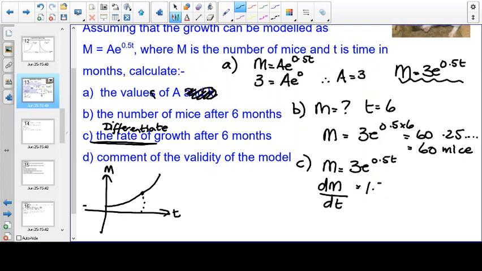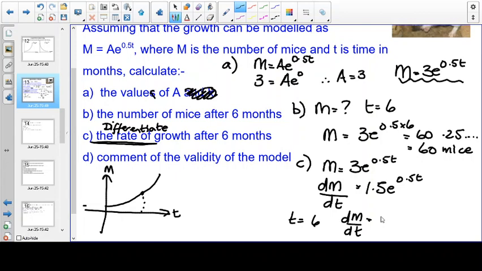So 1.5 e to the 0.5t. And this is the gradient function, so we need to know at t equals 6 what that gradient is. So 1.5